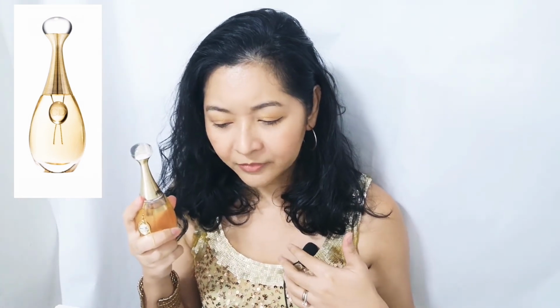This can be a signature scent for, again, a mature woman. Definitely an evening scent. It's not something I would wear every day to the office, but it is bright, warm, and gorgeous, and I think that's where I get that sense of mother. It's like when your mother kisses you or hugs you to say good morning or good night, it's just like, oh, mommy, like, yeah, this just smells really, really